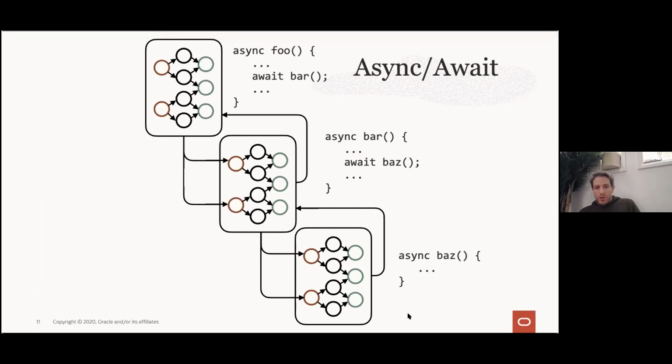Some programming languages have a different syntactic construct called async await. I'll assume you know how it works. If not, you can look it up. I don't have the time to get into that exactly. If we look at the semantics of async await, we see that we get the exact same picture as we do for threads. But this construct is completely distinct from threads.